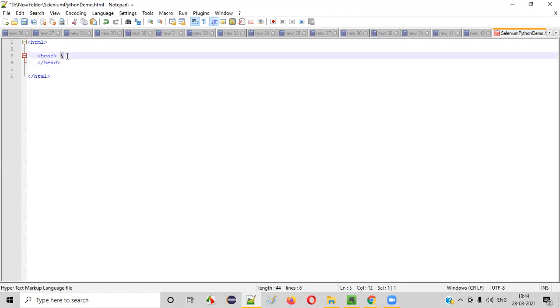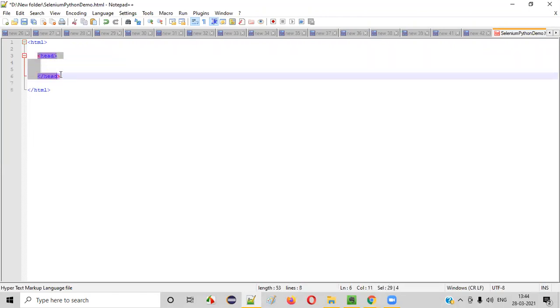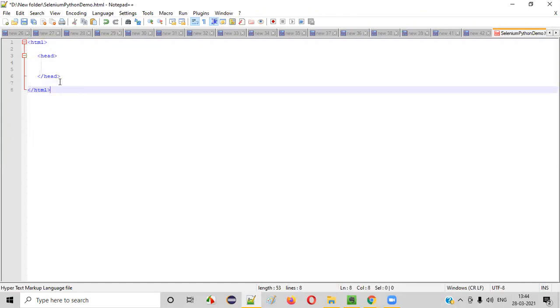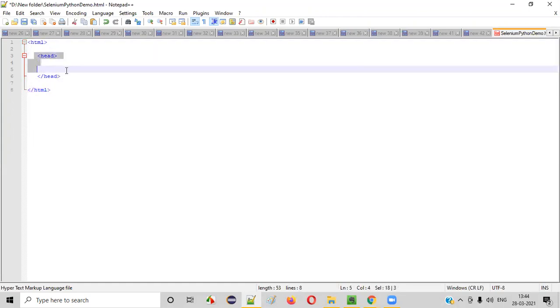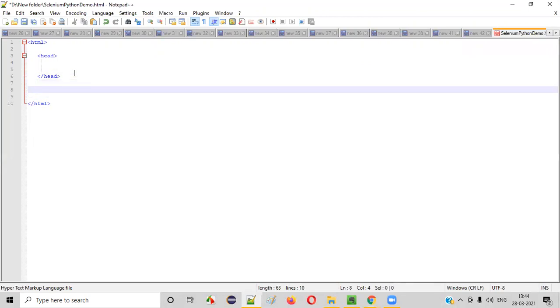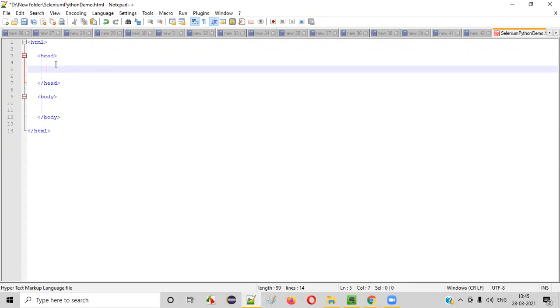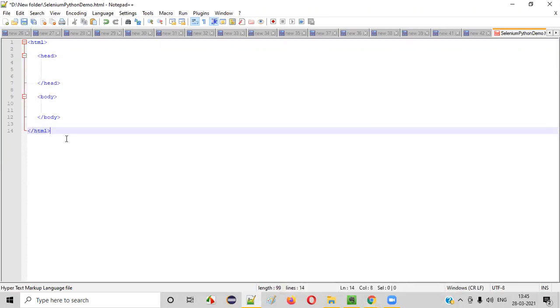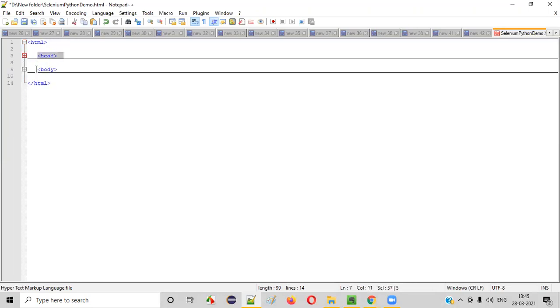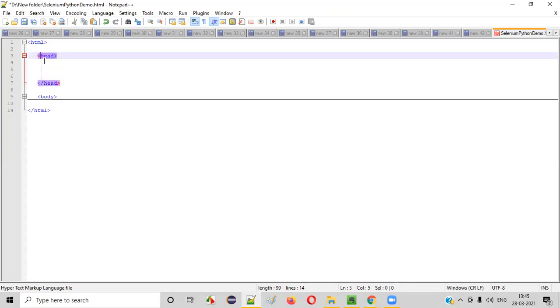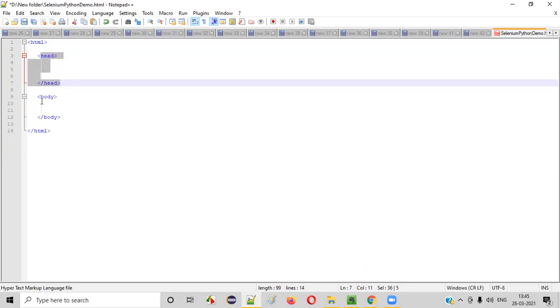Okay, you can do like this. Head section. This is the head section inside the HTML, which is a parent of the head tags. HTML is the parent of the head tags, right? Now another section, that is body, head section and body section. Inside the HTML tags, there are two tags again, head and body tags. Inside head tags nothing is there, inside body tags nothing is there for now, right?